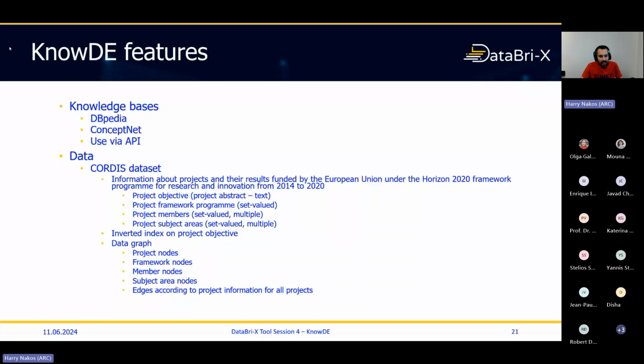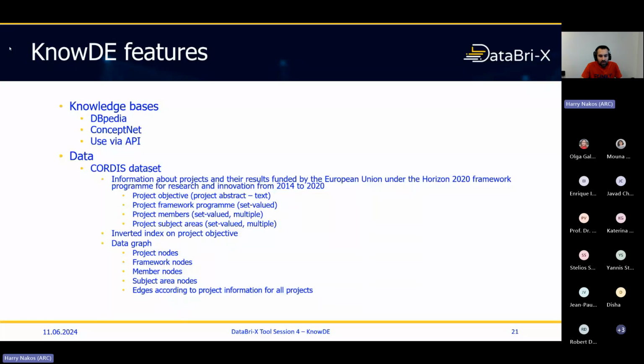An implementation detail, a very important one, is that the project objective is inverted indexed, and this index is used in various parts of KNOwDE, and also a data graph as part of the pre-processing of the dataset is used. Specifically, nodes are used for projects, frameworks, members, and subject areas. And the edges of the data graph